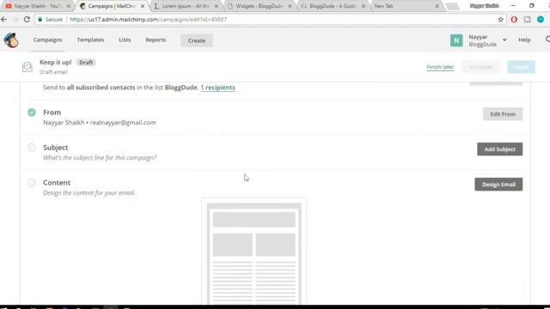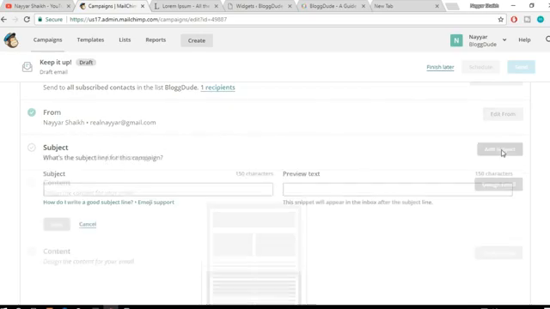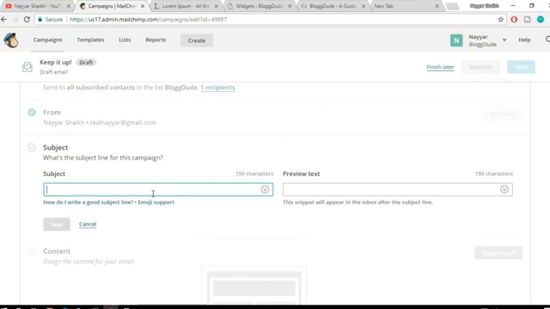Now click on save. Subject, what's the subject line for the campaign? Click on add subject, and the subject will be free TV layouts. Again, it's really hard talking and typing, but I'm using free TV layouts because this is a very attractive